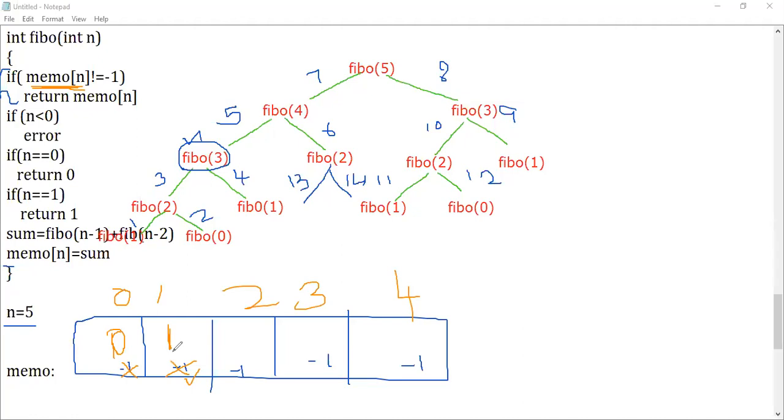This is the point I keep stressing: the value will not be calculated. This value will be picked and summation will be made here. When the same thing comes in, the value will be picked and summation will be made here. And when you come across the same process again, you are not going to disturb the following flow. The same flow will not be repeated. So when memo of n is not equal to -1, only this part will be calculated, guys. When the same scenario comes, whatever is stored in the memory location will just be picked from there.